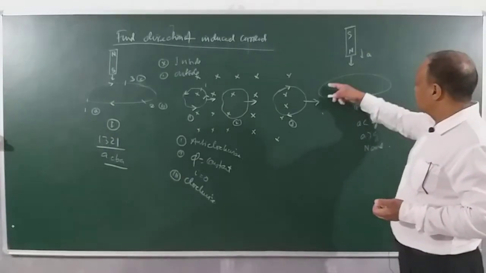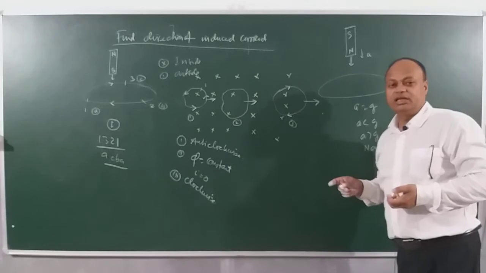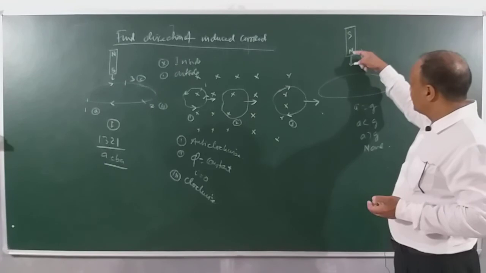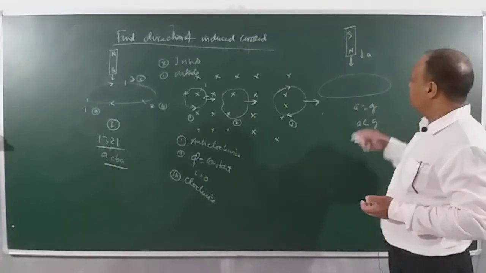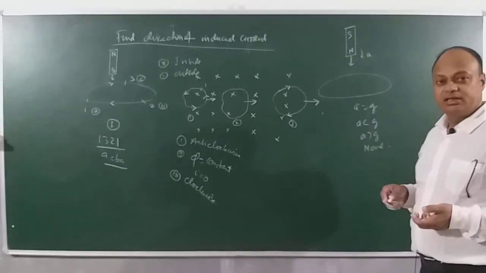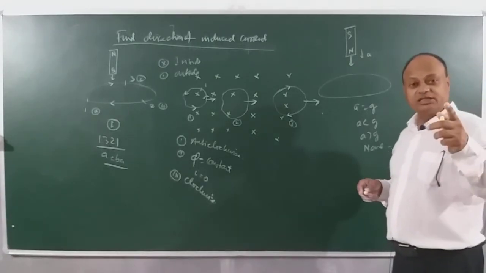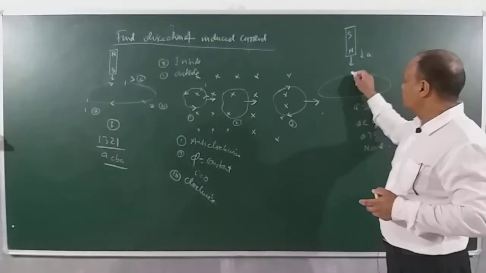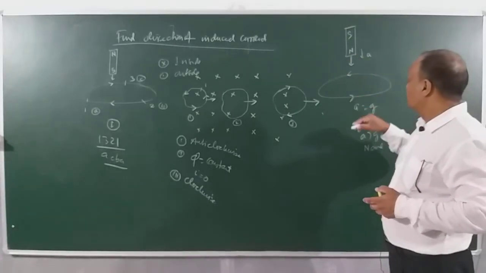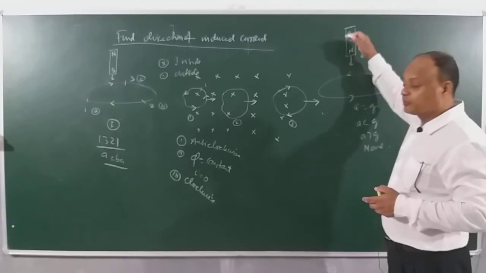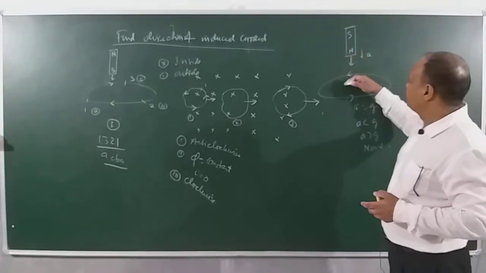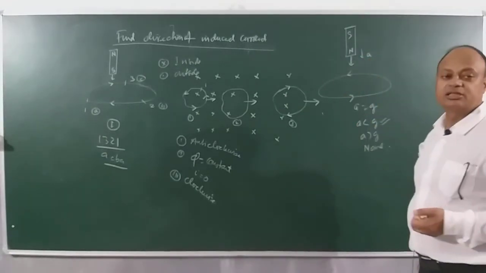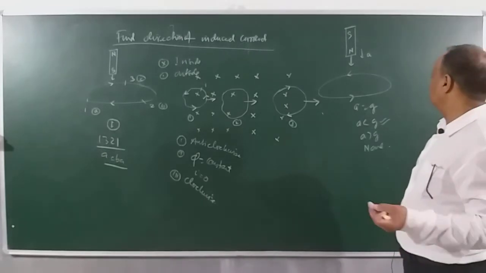See, generally if this coil was not there, then a should be equal to g. But what you find is, as this magnet falls towards the coil, it will induce a current which will try to oppose the change in flux. The north pole is falling towards it, the flux is increasing, so it will try to push it away. So what will be the direction of current? Anticlockwise. And when the current becomes anticlockwise, it will try to push the north pole away. It means the net force on the magnet will be less than mg, so therefore the acceleration will be less than g. Okay, so this is a technical question which you have to answer.